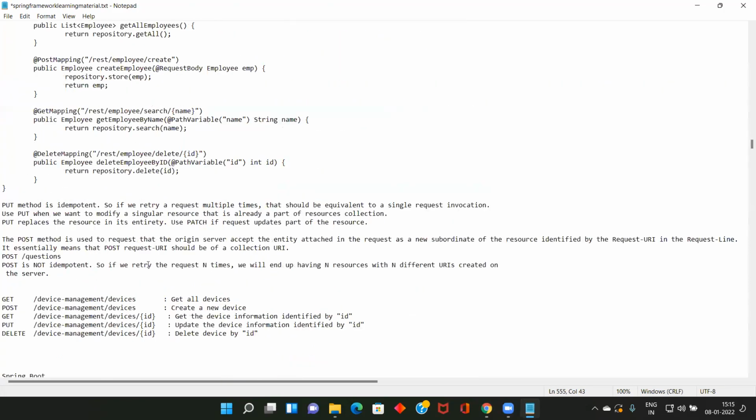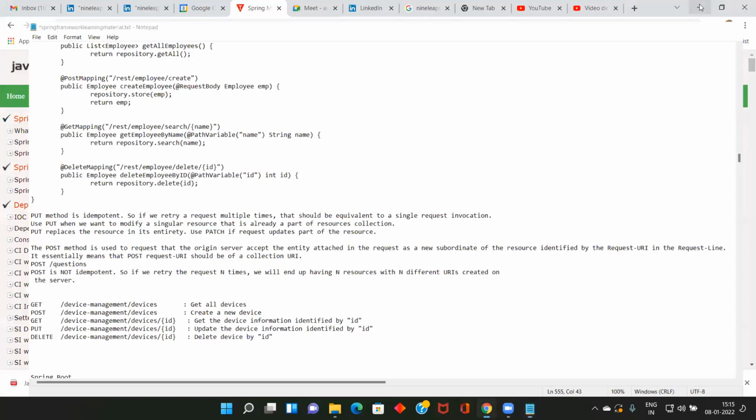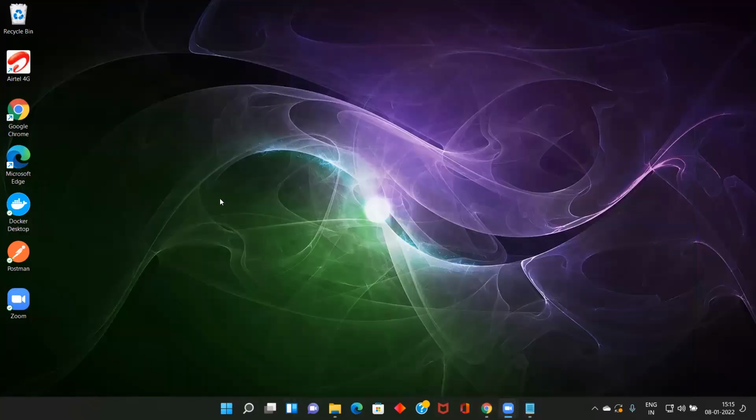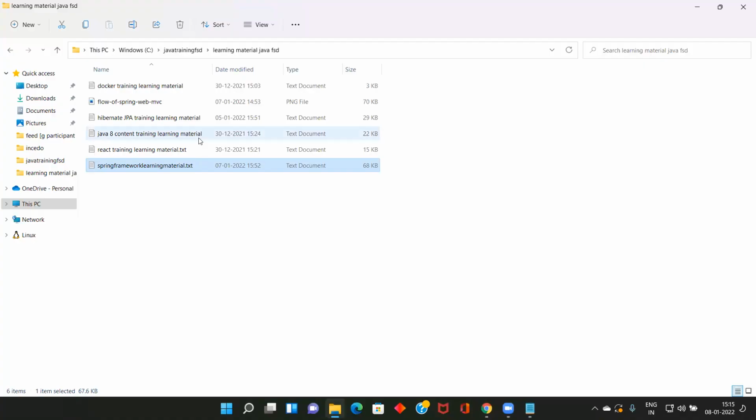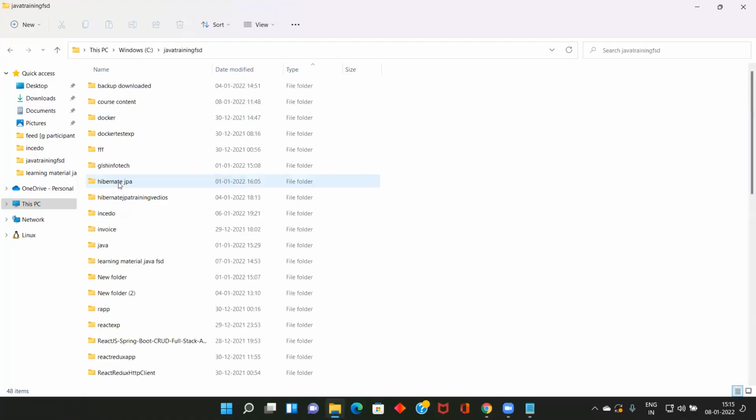So how do you create a Maven application? Everyone knows how to create a Maven application. Can someone tell how we created a Maven application? In STS, we right click, New Project, then we give some names, a group ID and artifact ID, and a project is created. In the same way, if you want to create a Spring Boot application, then we have to use the Initializer.